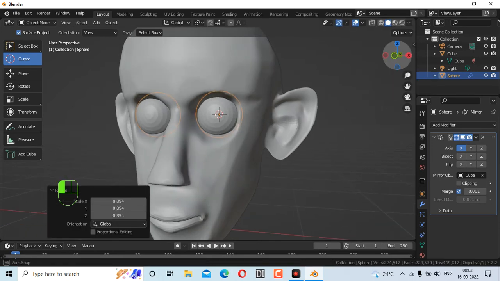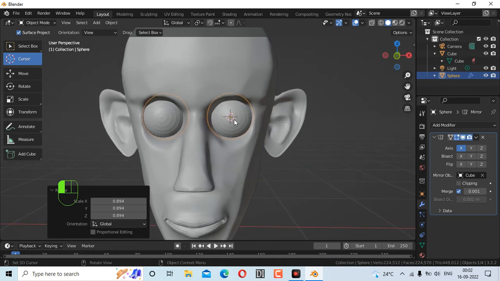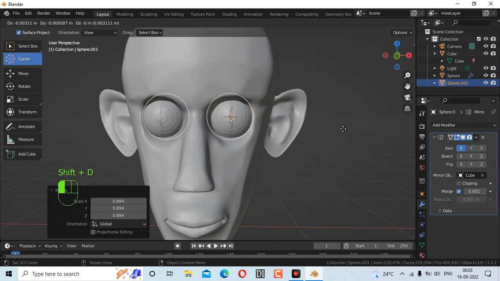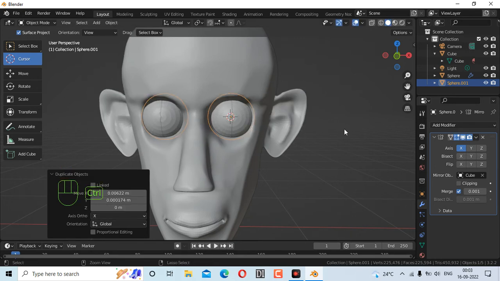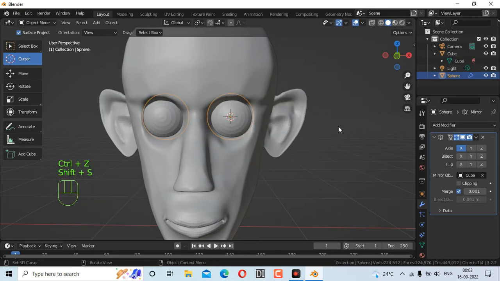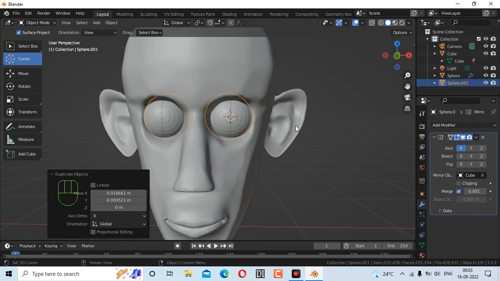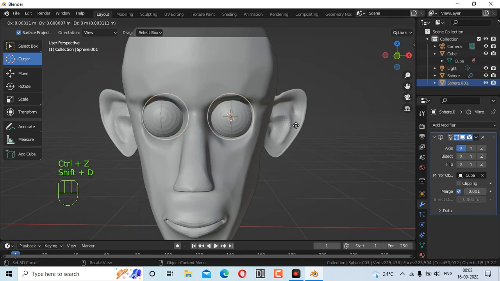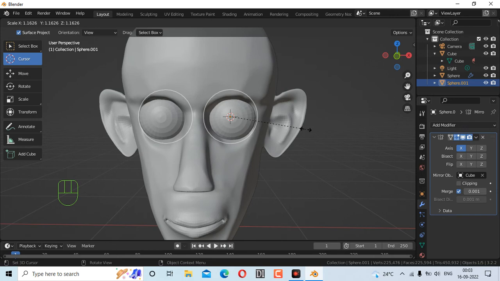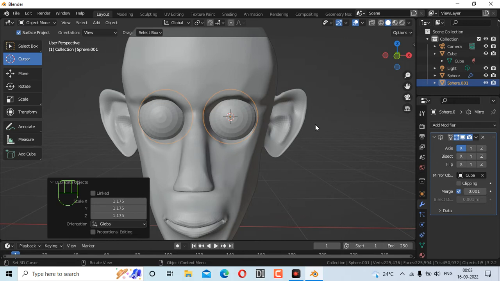Now what we have to do is create eyelids. So how can we? Just press Shift D. Let me undo. Shift D, Shift D, scale it, scale it. Fine. And now what we have to do, we have to disable all,